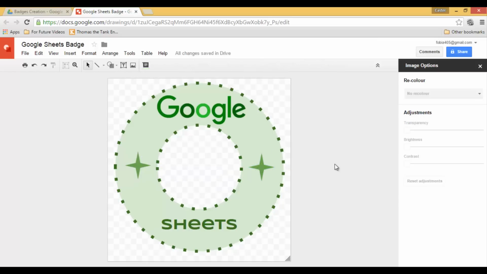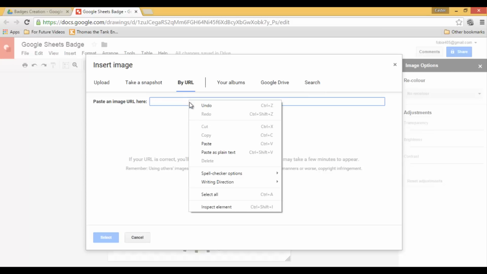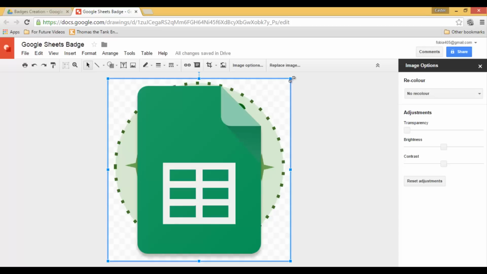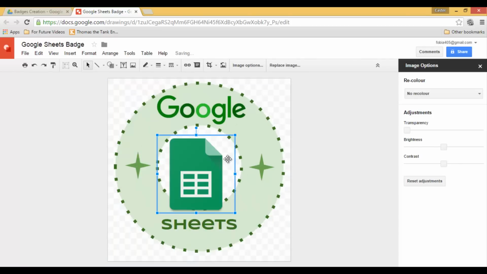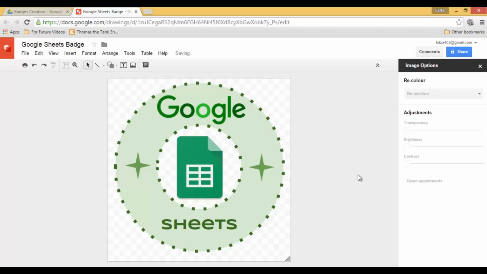Now all that's left for me to do is insert the icon. So let's go ahead and insert image. And this time, instead of doing a search, I am going to use the URL of a previously found image. So I can insert it here and click select. Let's resize this image and move it to the middle of my badge. As you can see, I now have a badge created by me to award to my students for Google Sheets